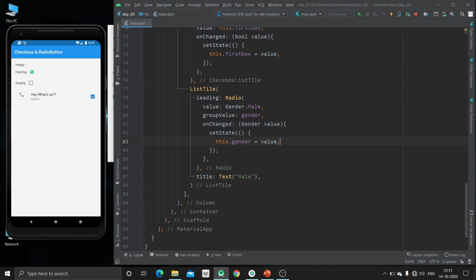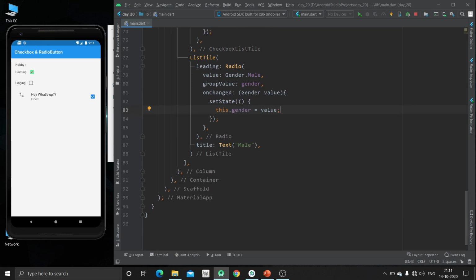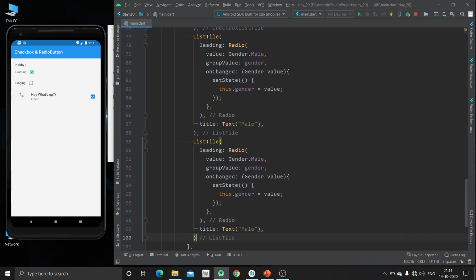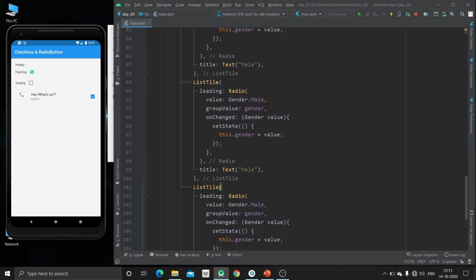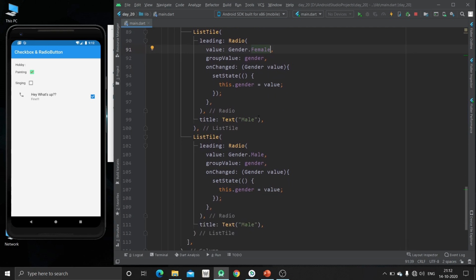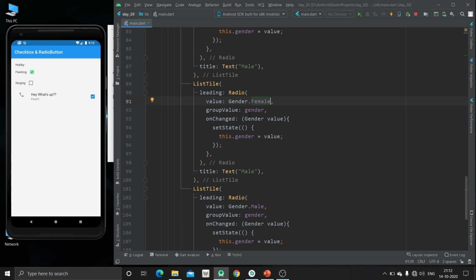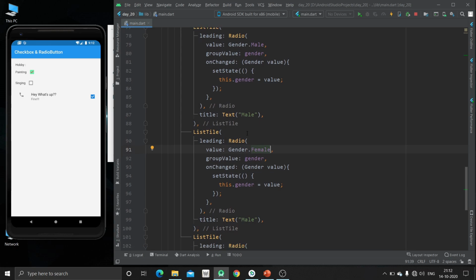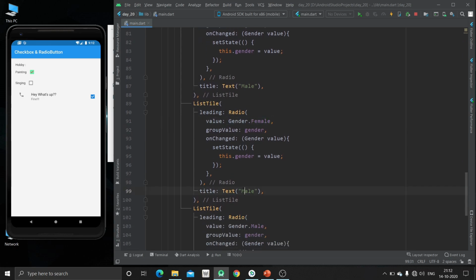So similarly we can create multiple list styles. Just copy it from here. As we have defined 3 values inside the gender enum, we are going to create 3. Okay, now nothing else we have to do. That's done. Now the title we haven't specified. We can change it from here, female.